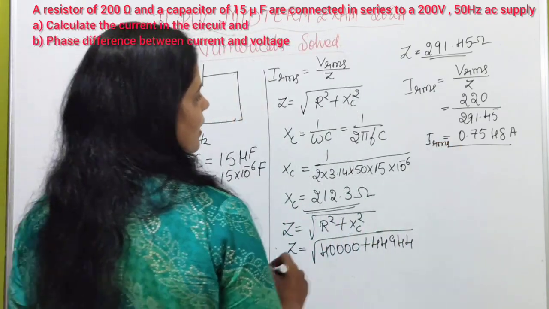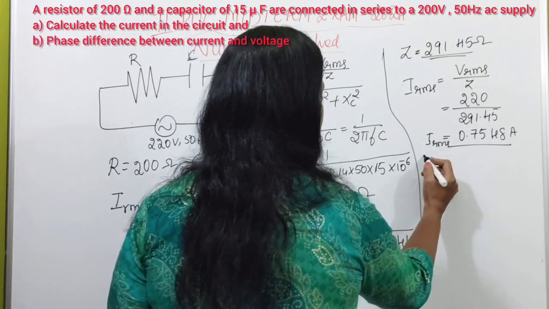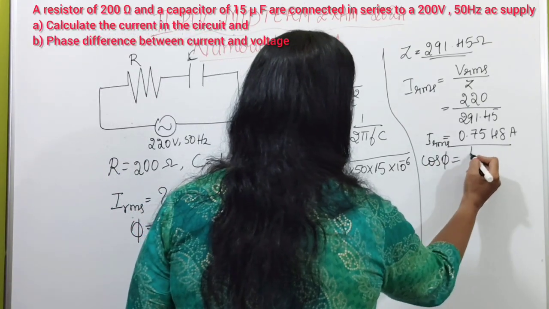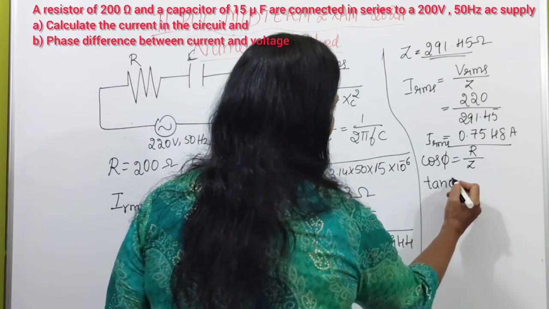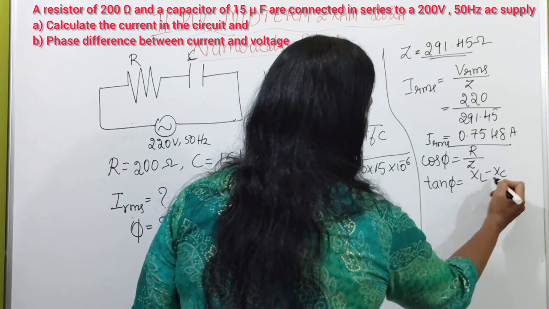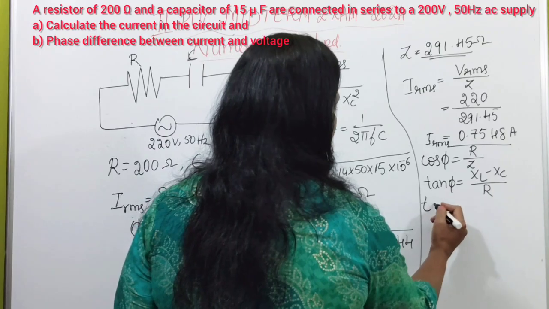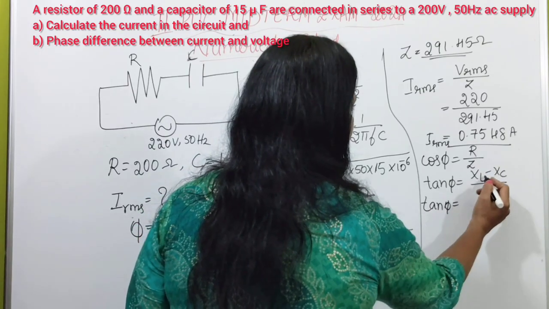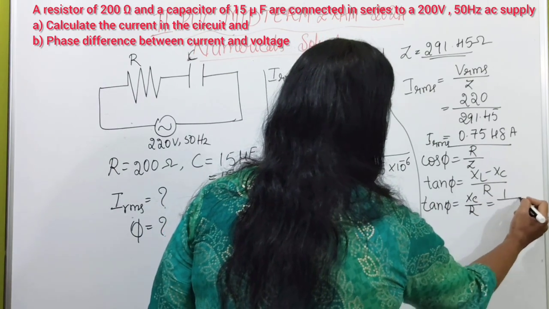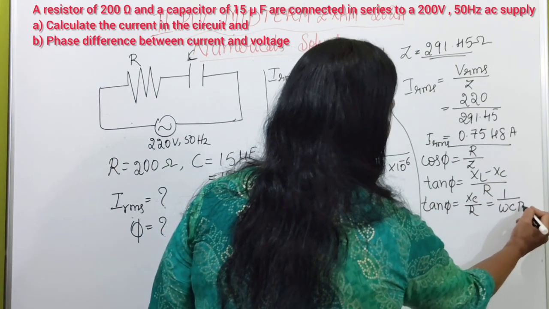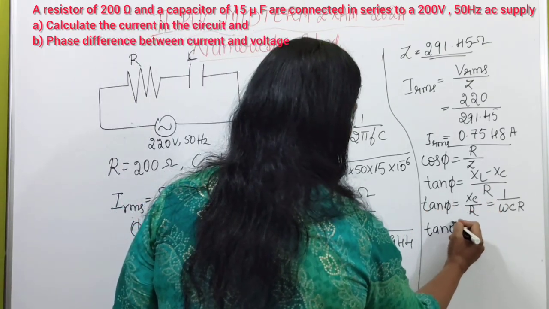To calculate phi, the phase difference between current and voltage, you can either use this relation, cos phi is equal to R by Z, or you can also use tan phi is equal to XL minus XC divided by R. Use any one relation. Now I'll use this relation, tan phi is equal to, XL is not there, only XC divided by R. Or this can also be written as 1 over omega C into R. Substitute and you will get tan phi is equal to